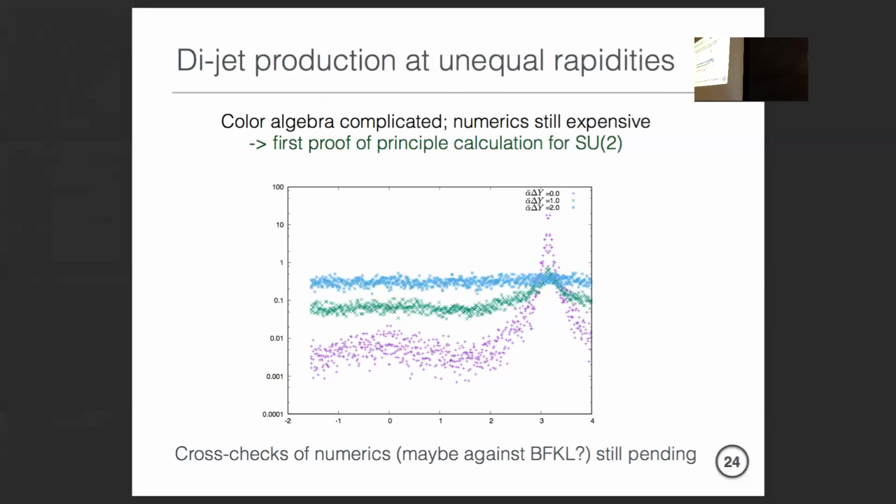No, but this kind of calculation you're never going to be able to do for phenomenology anyway. This is too complicated. You cannot actually produce enough data to calculate the cross section. I find this interesting to just see what actually happens. There are interesting nonlinear evolution effects between the two. Why is there a data limitation? No, the problem is this is just an expensive calculation, and I cannot possibly do it to the level of sophistication that I can actually go and predict the cross section with this.